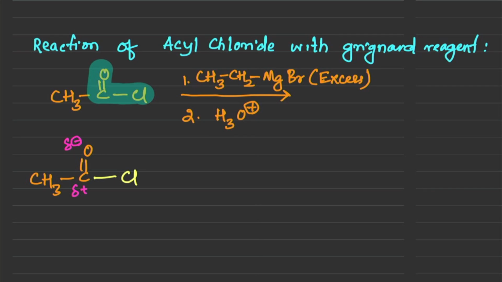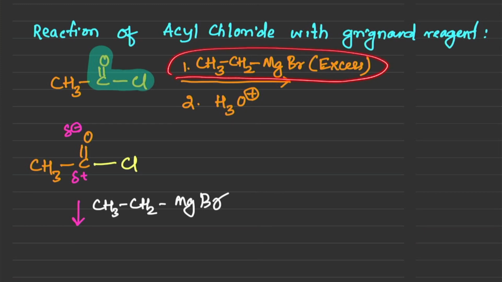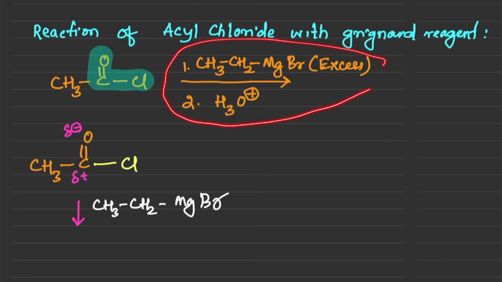So let's draw the reactions here. We know that our Grignard reagent is CH3CH2MgBr, and when the questions are written like this, 1 dot, 2 dot, this means the reactions happen one after another. So it's a stepwise reaction. First you do this, and then you do the second step. It's not like a crock pot where you combine both of these together. If you do that, you're basically going to kill your Grignard reagent with the acidic proton. You cannot have any acidic proton in your Grignard reagents. Okay,